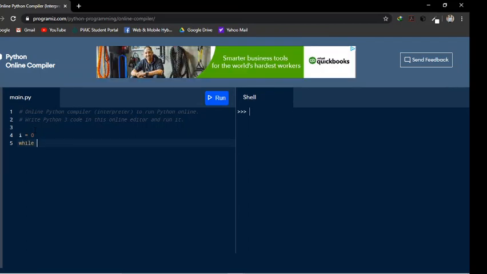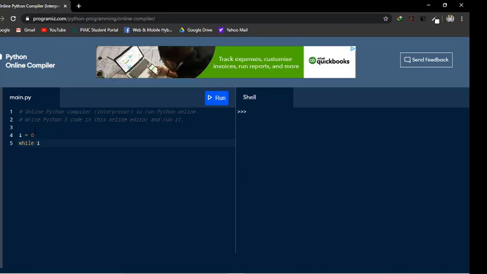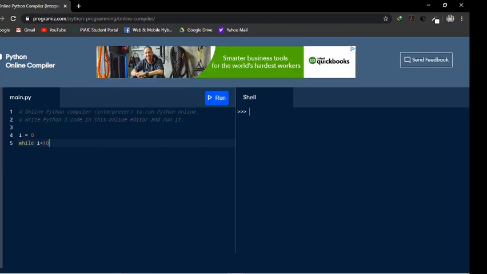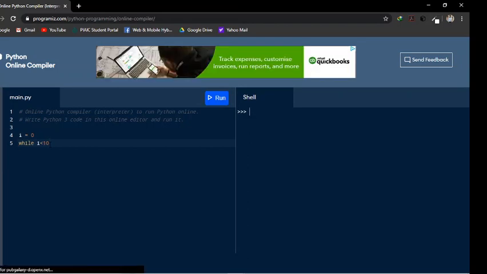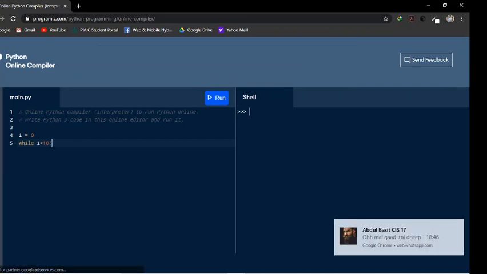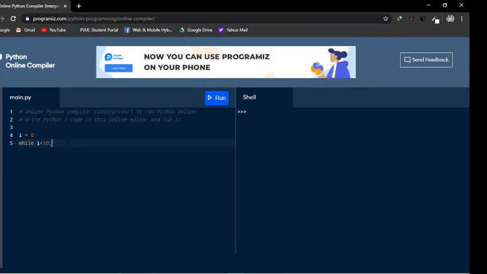I want it to run until i is less than 10. For now i is equal to 0, but I want the loop to run until i is less than 10. And give it a colon here, not a semicolon, not parentheses, nor curly brackets.